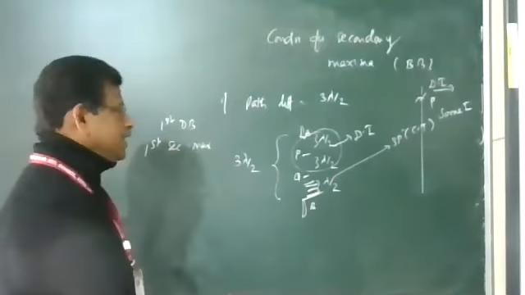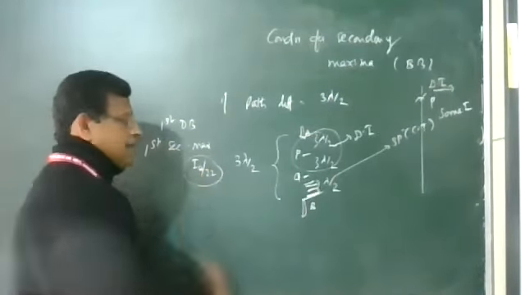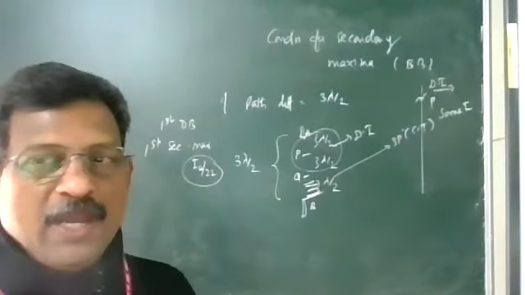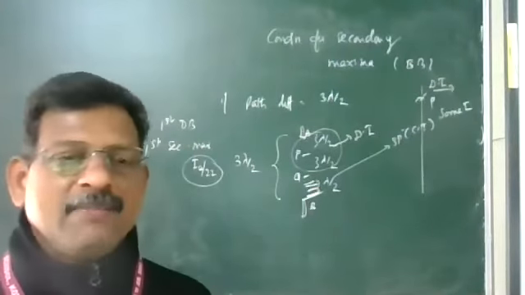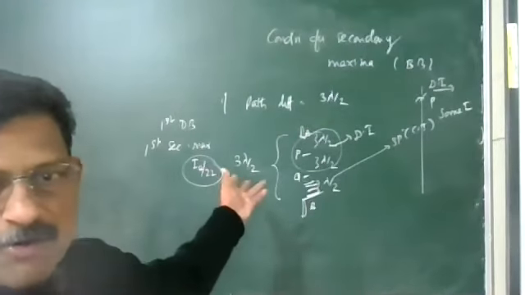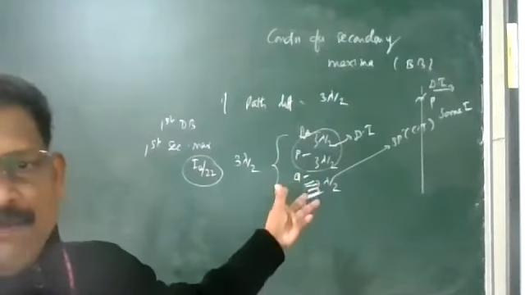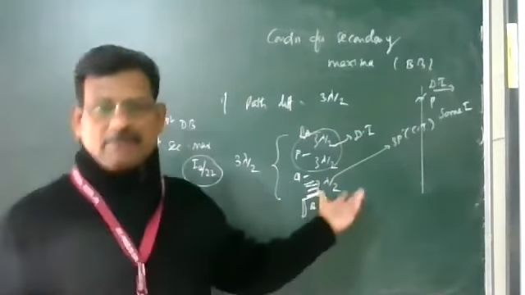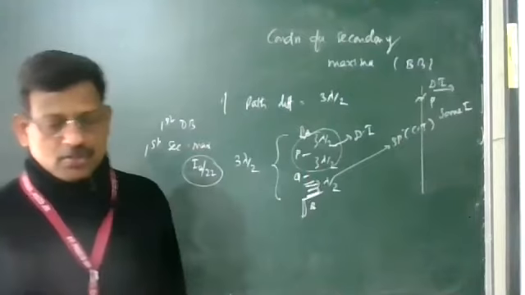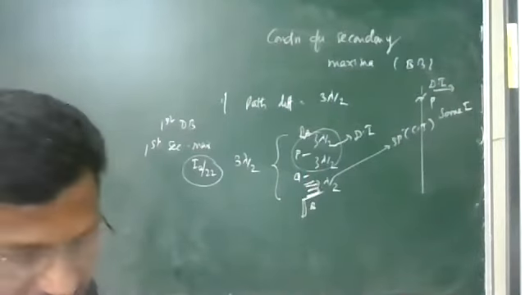If I naught is the intensity of the central bright band, its intensity will be I naught by 22. The intensity of the first bright band is very less in comparison with the central bright band. Why is this intensity decreasing? Because all wavelets are not going to constructively interfere. Only some part of the wavelets are going. So this is the position of the first bright band, first secondary maximum.